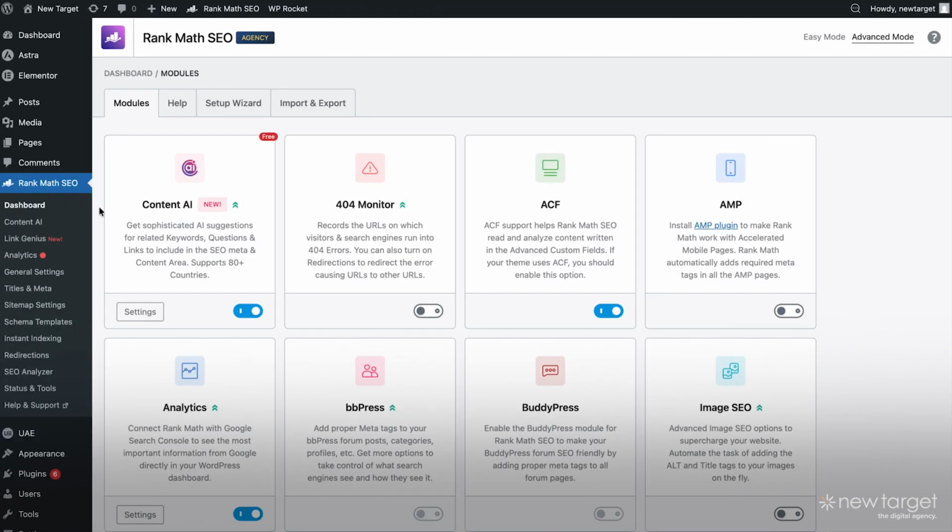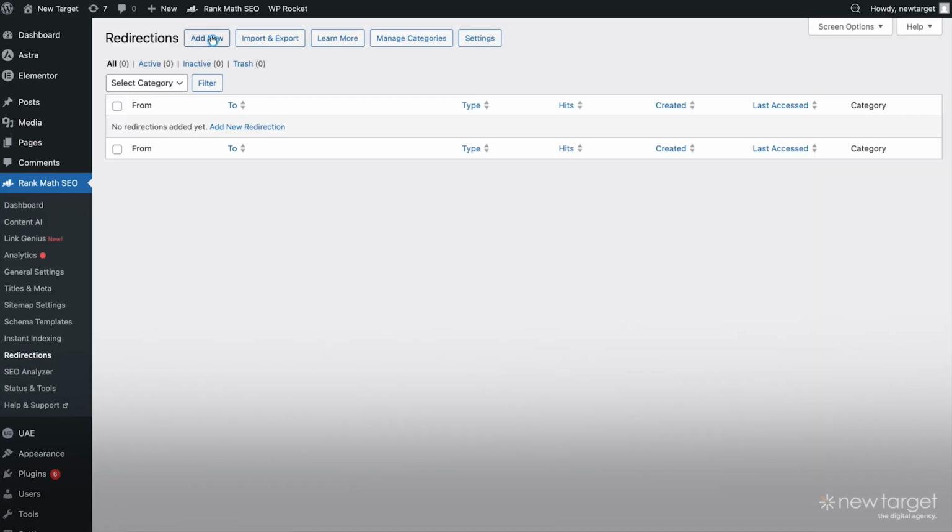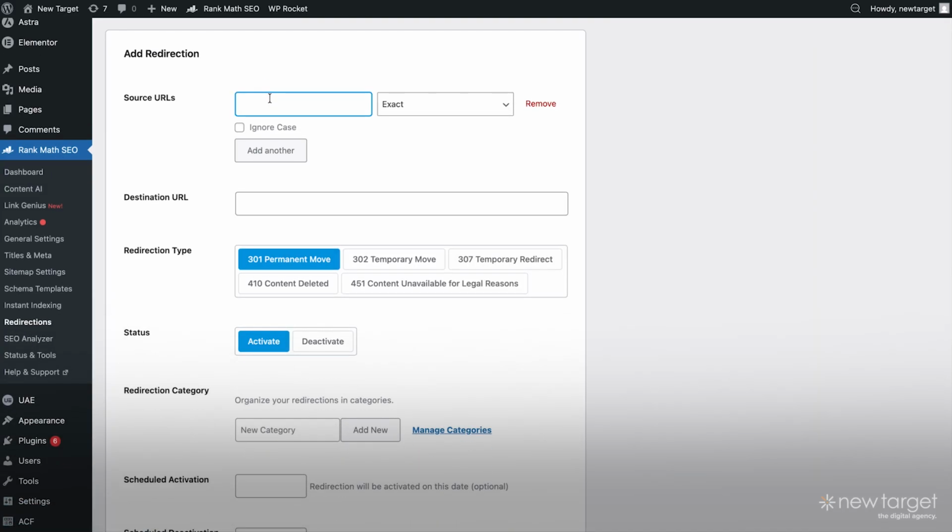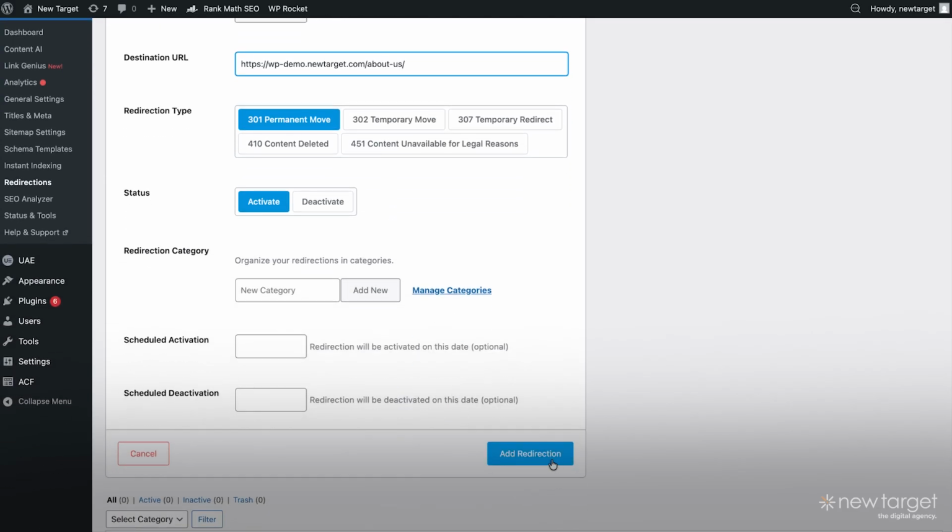You can also use the Redirections module to manage broken links and redirects. This is especially useful if you've changed URLs or removed old pages and want to avoid 404 errors that could impact SEO. Finally, after making your updates, publish the page and test your SEO performance over time using tools like